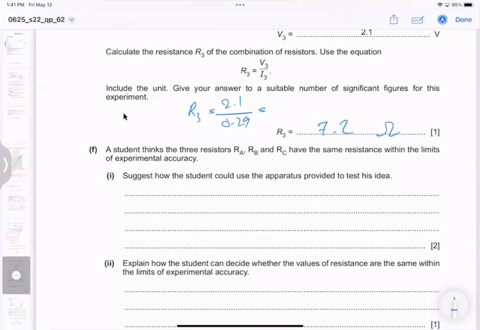But using the same apparatus. I'm going to use the same apparatus. Same apparatus means the same ammeter, same voltmeter, same power supply. I'm going to place each resistor